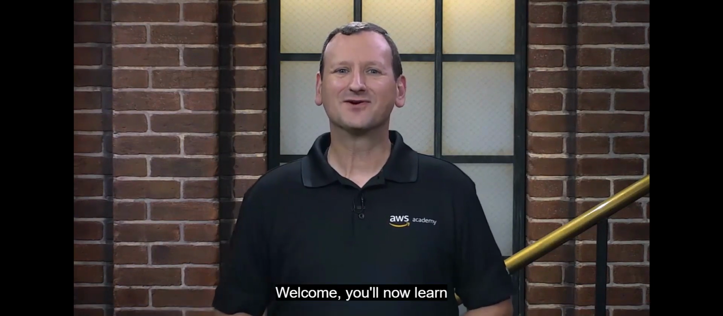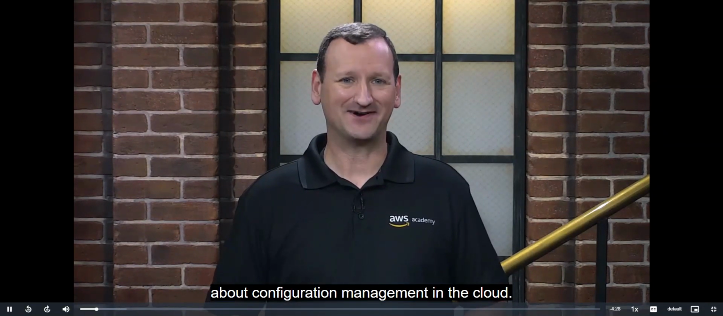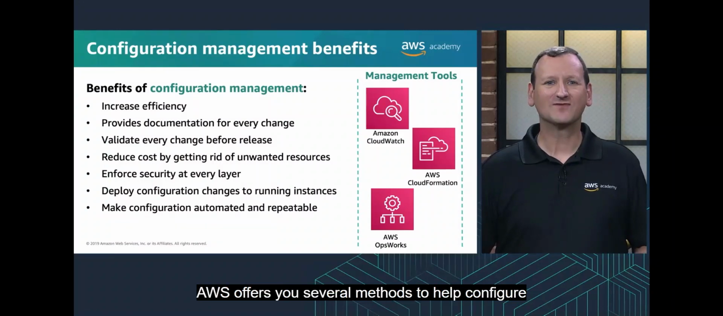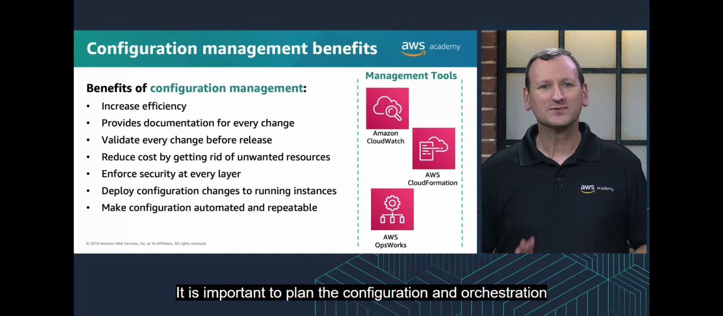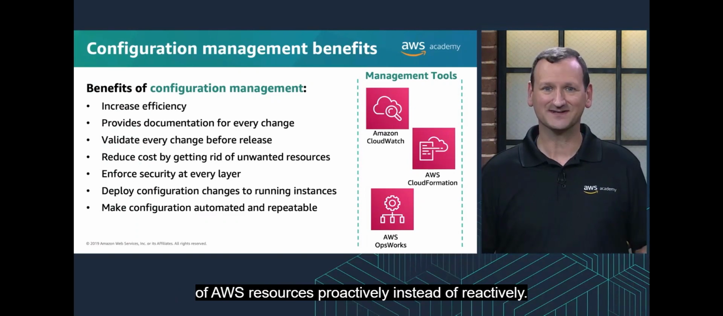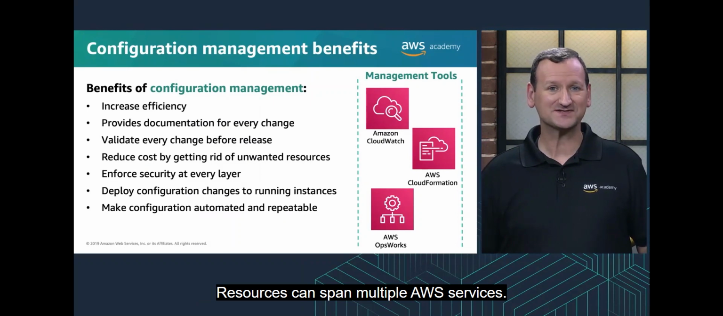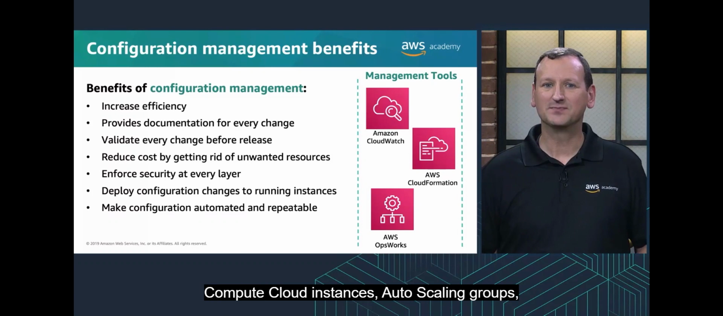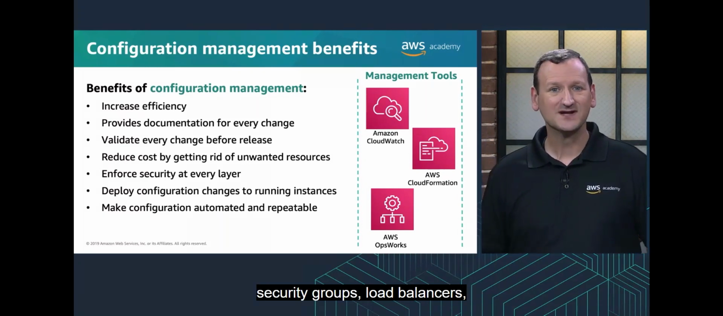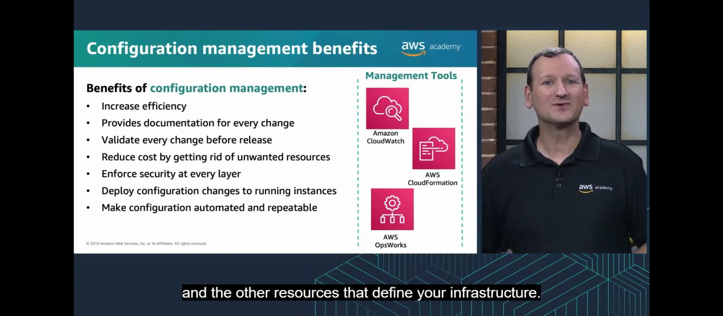Welcome. You'll now learn about configuration management in the cloud. AWS offers you several methods to help configure and manage infrastructure deployed on the AWS cloud. It is important to plan the configuration and orchestration of AWS resources proactively instead of reactively. Resources can span multiple AWS services. Typically, resources include Amazon Elastic Compute Cloud instances, auto-scaling groups, security groups, load balancers, and the other resources that define